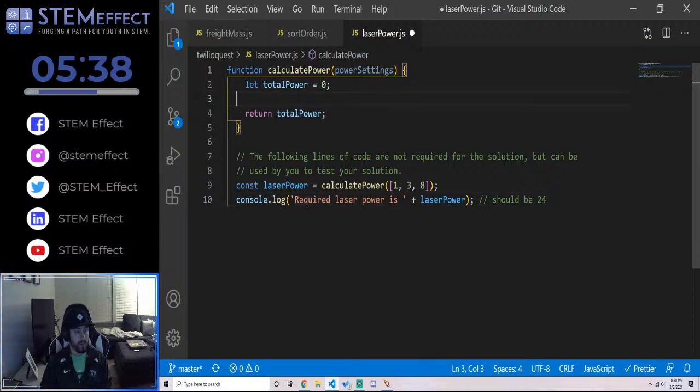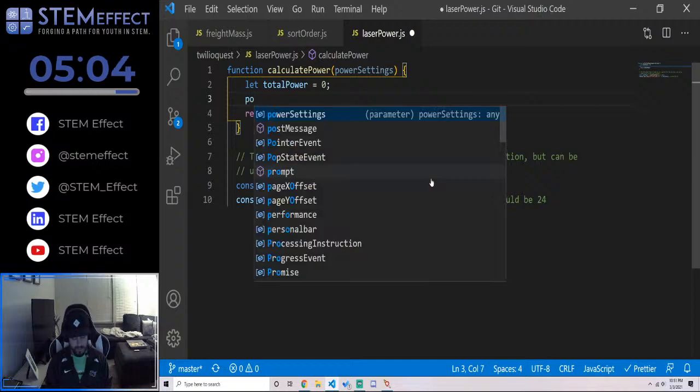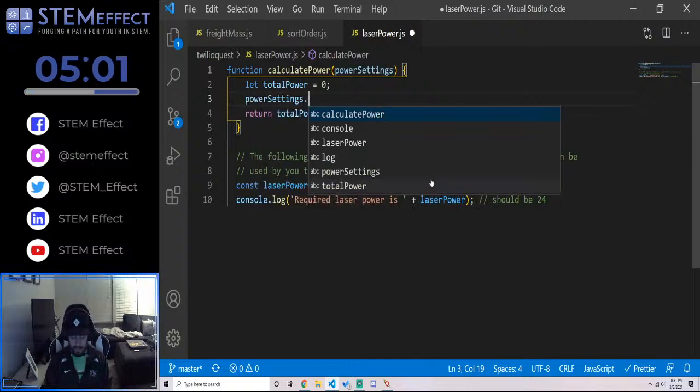So we need it to multiply every array index value in the array by 2, and then also add all of them up. So let's see here. So we can take powerSettings dot map,